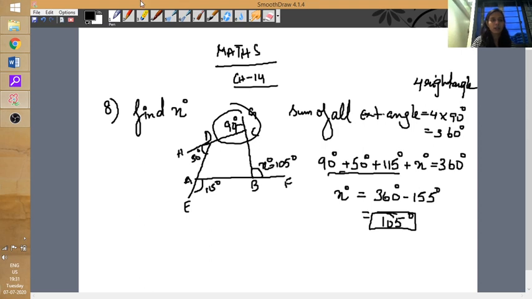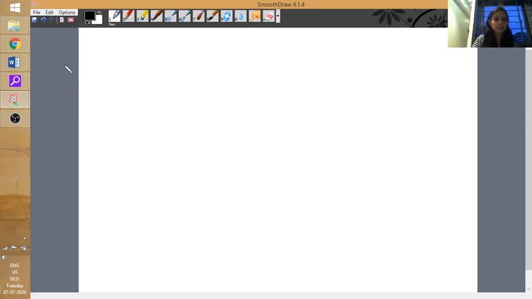The 8th sum. Now I'll directly start with the 9th sum. That is also very easy. In the 9th sum, you can see we have a pentagon. If you see the diagram clearly, I have the textbook beside me. I'll draw a small diagram. It is not like that, but you can see there is a pentagon, and all these lines. What do these lines mean? That all sides are equal, and I have to find out x degree.